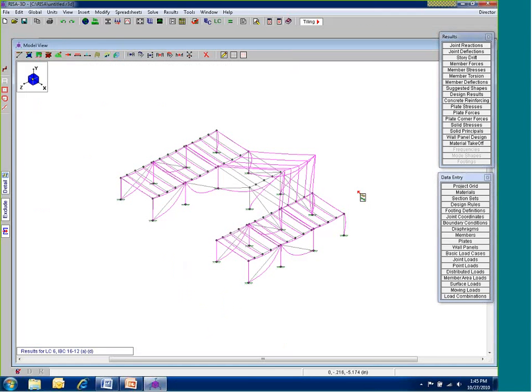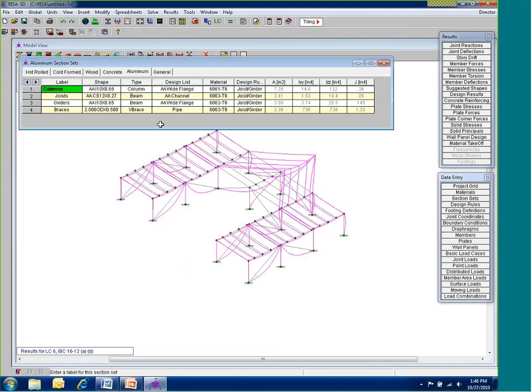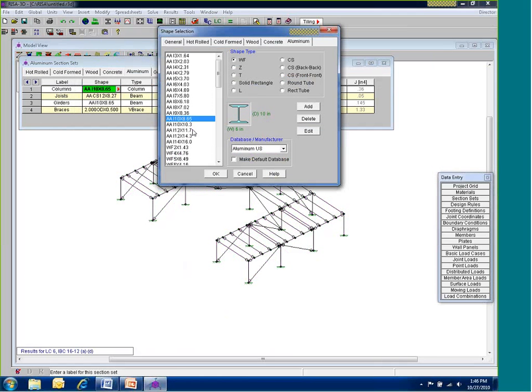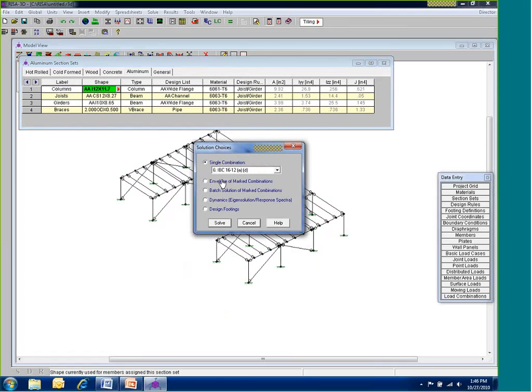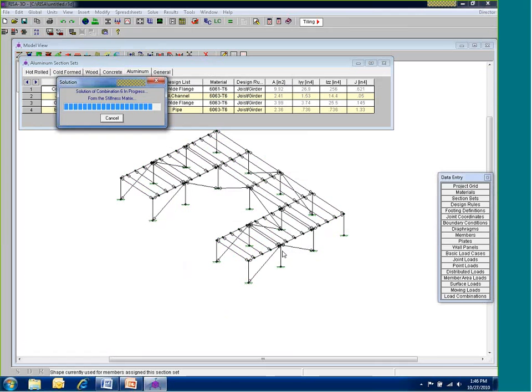Again, instead of sizing those up one at a time, we can size up the entire section sets. We can pop into here. We are using a 10-inch column right now. Maybe we come in and choose this to be a 12-inch on our own. We could use our suggested shapes again, but maybe this time we just say, let's do this as a 12. And we say, let's solve this again using our load combination 6, and we can see that